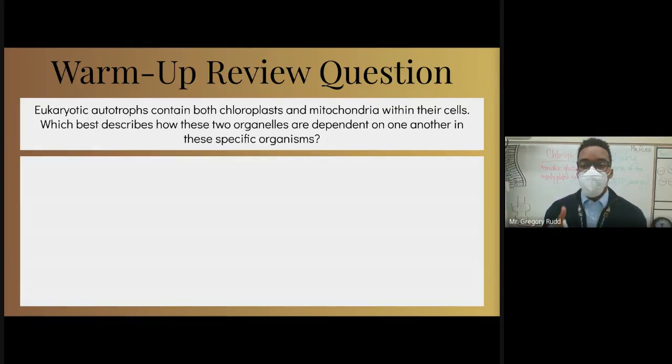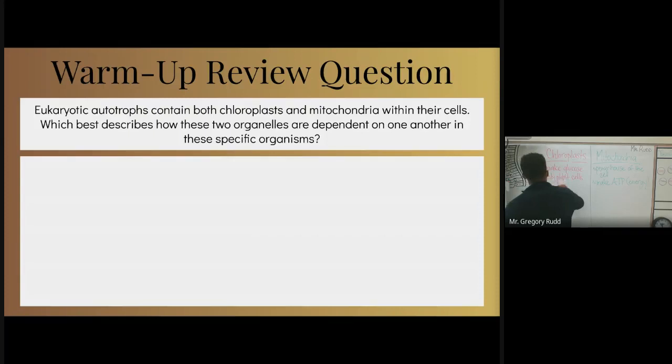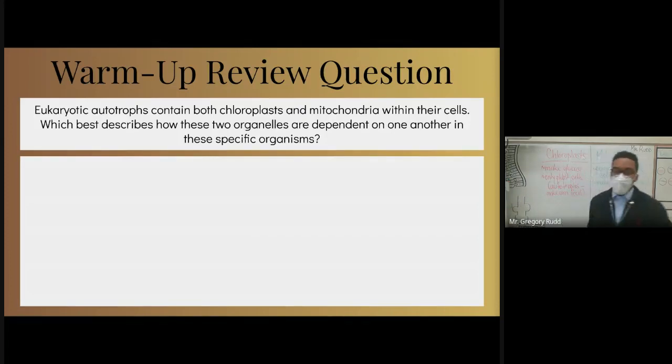So there's a word on the screen that means make their own food. Organisms that make their own food. What word is that? Good. Thank you. Autotrophs is a word that means an organism that makes its own food. That's why we have the prefix auto, A-U-T-O. That means self. So they make food for themselves.